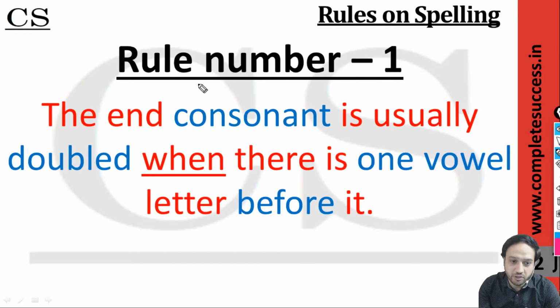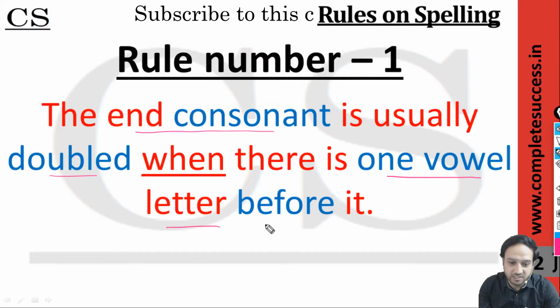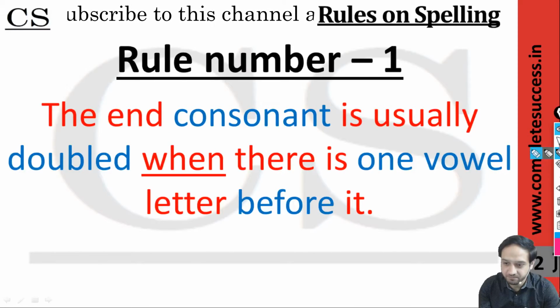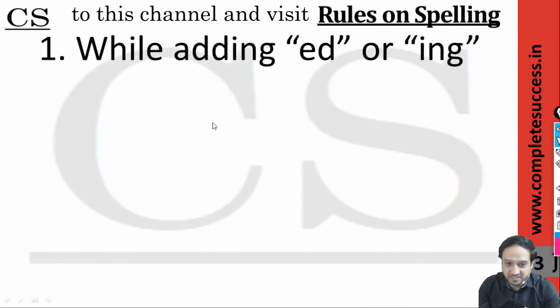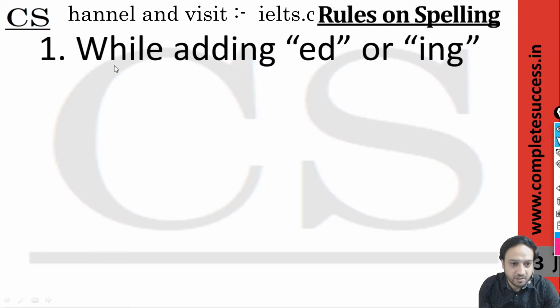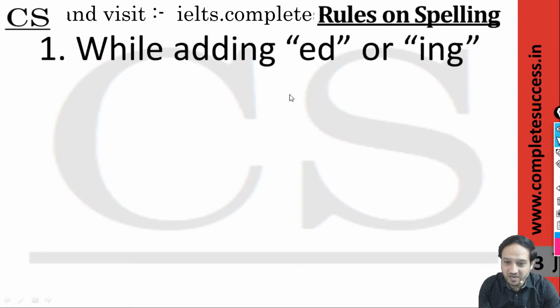The first rule you should know is the end consonant is usually doubled when there is one vowel letter before it. For example, while adding ed or ing,